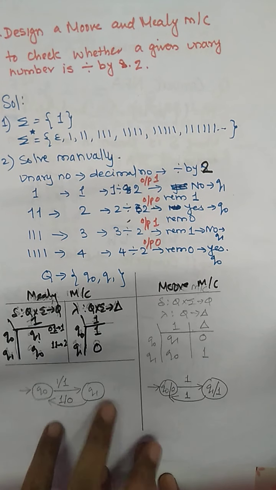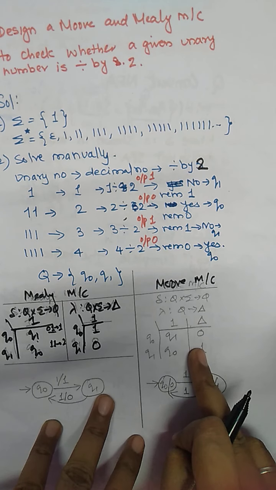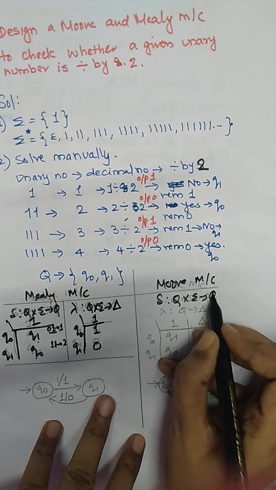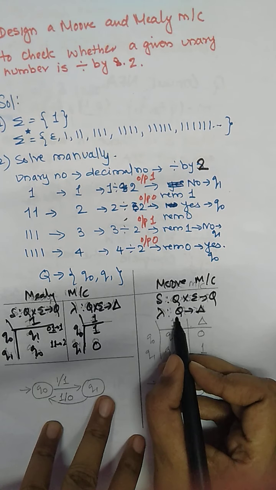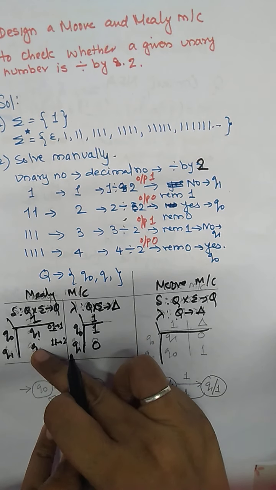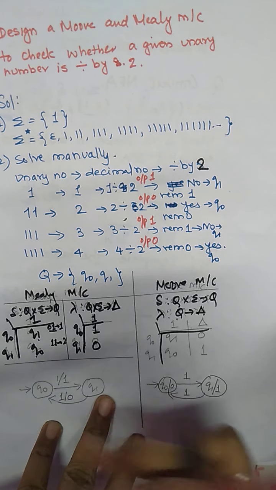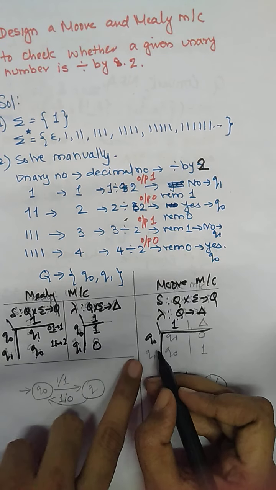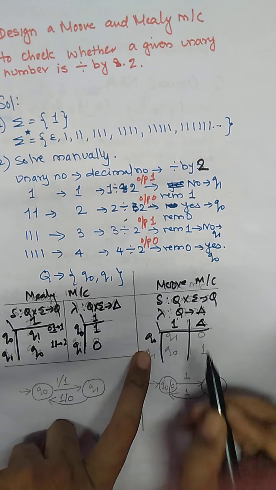Okay. Now same concept we are going to use for finding the Moore machine. So in Moore machine, what we have to find? We have to find the state function, which is similar to the Mealy machine, and the output function. This is from the state we have to find the output symbol. So here first of all we have to draw the state table of the Mealy machine. So state table of the Mealy machine is same thing. So Q0 and 1. So what we have to add here is extra string, the output symbol.